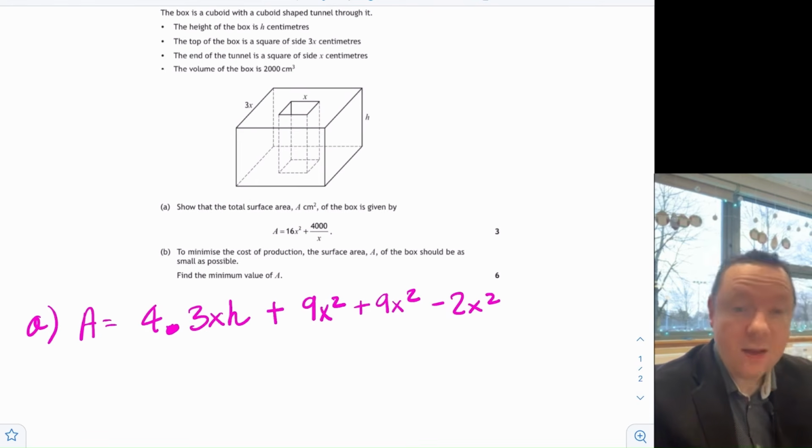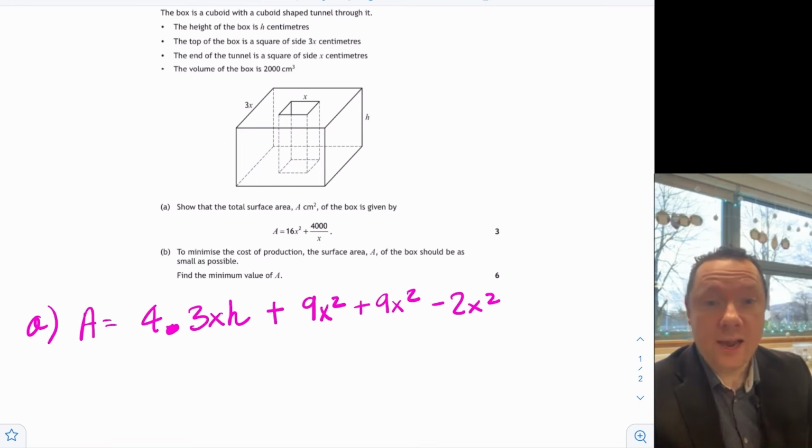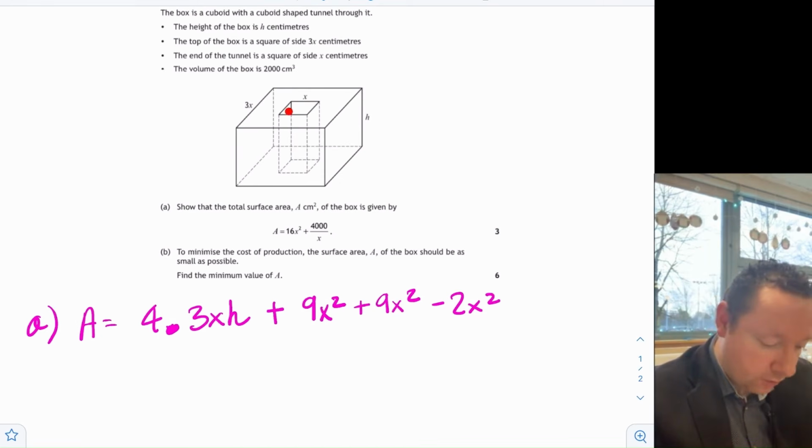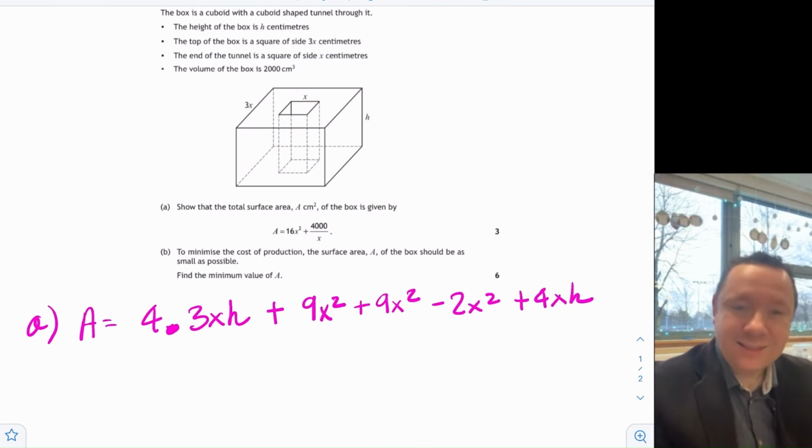And then the bit that everybody always forgets, I almost forgot it, there's a surface inside this tube as well, so I need to work out what that surface is. Well, there's going to be 4 of them, and it's just going to be x times h. So plus 4xh. Tidying all that up a little bit, my area is